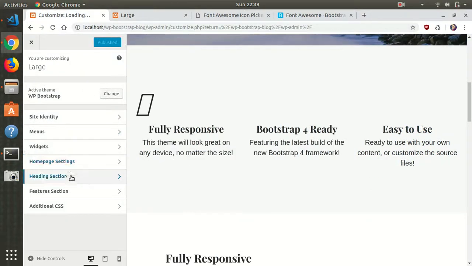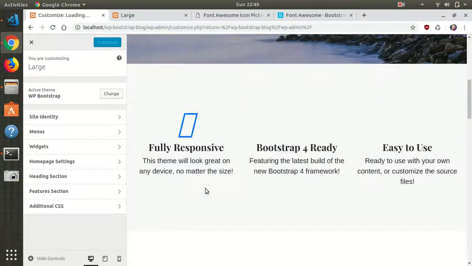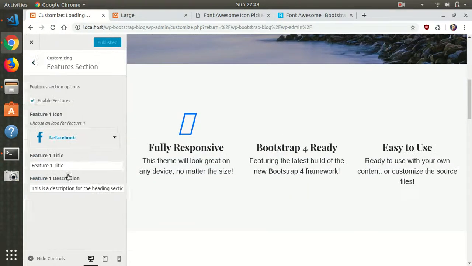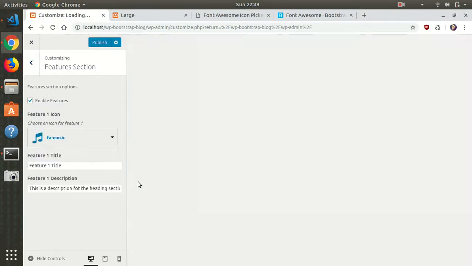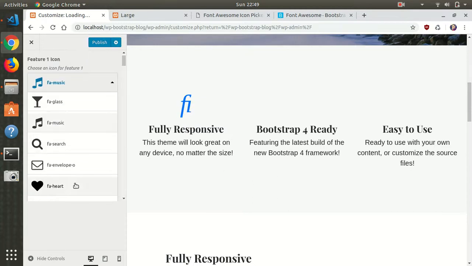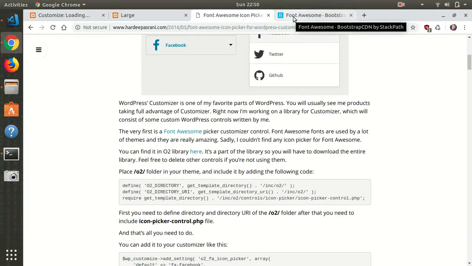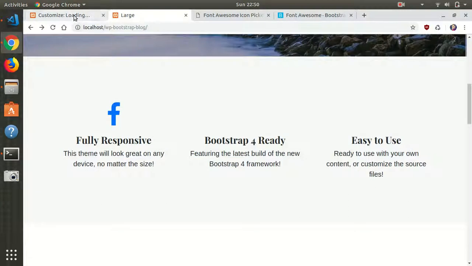Okay, so if we change that, why is it not displaying? It's weird. So if we change that into music, hmm, that's weird, isn't it? I think it's weird. Why is it just displaying this? Okay. If we save and get back,